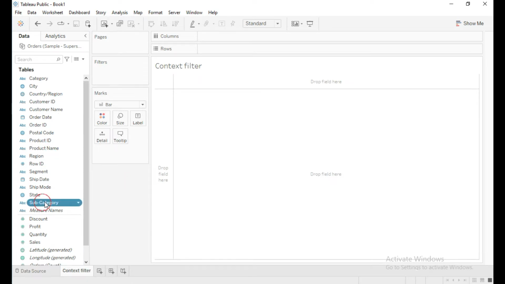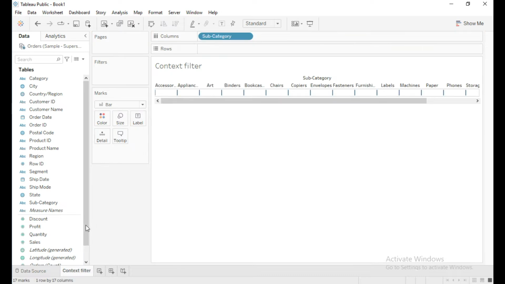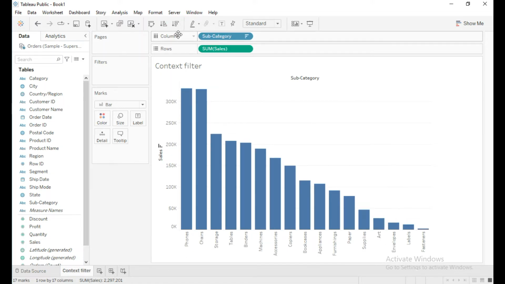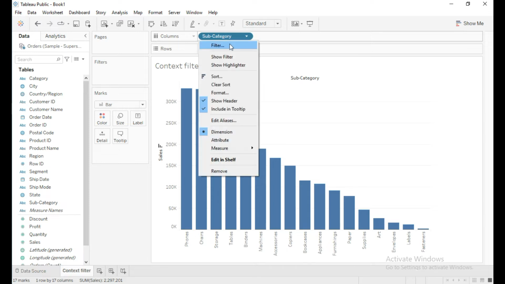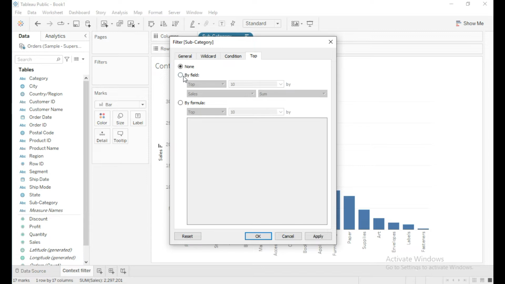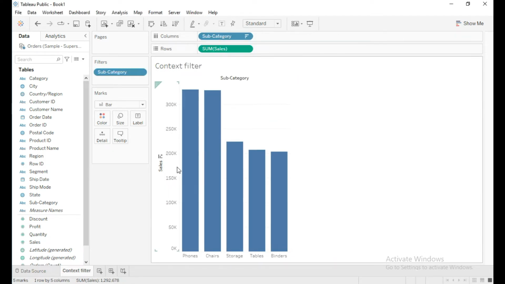First I will drag subcategory in the column shelf and sales in the row shelf. Now for a proper view I am going to make it in descending order. Click on this drop down and I am going to filter this subcategory by top 5 sales. So click on By field and top 5 by sum of sales. Then click on OK. Now this view is the top 5 subcategory sales,